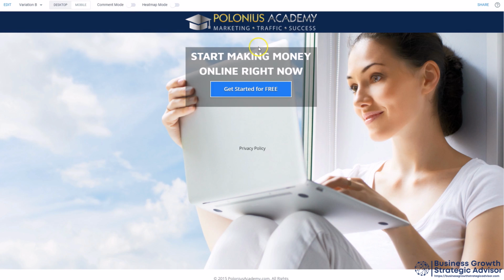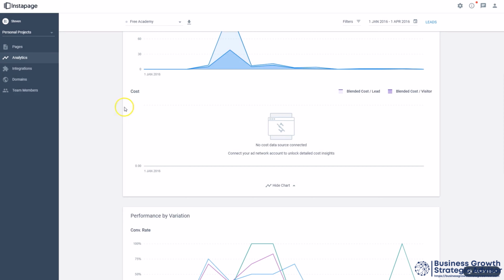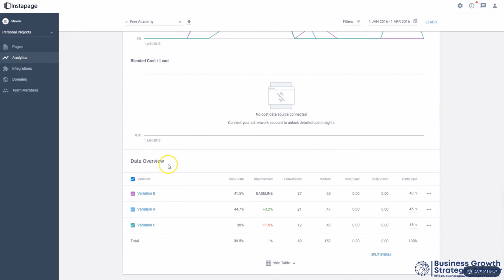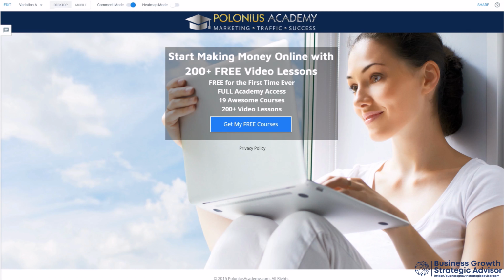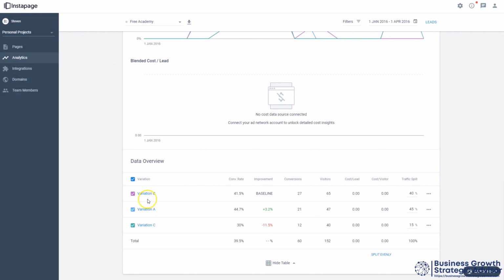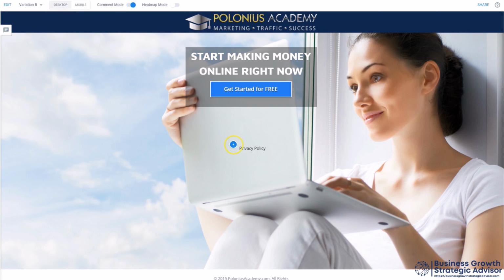So this was the original, and then it was split tested against a couple of other variants. And let's have a look here. This is the original. Variation A. They're out of order in that line there. Okay, that's the original. That makes more sense. So this is the original, and it has a little bit of information about the product. Variation B presumably was the blind one. Yep. And variation C